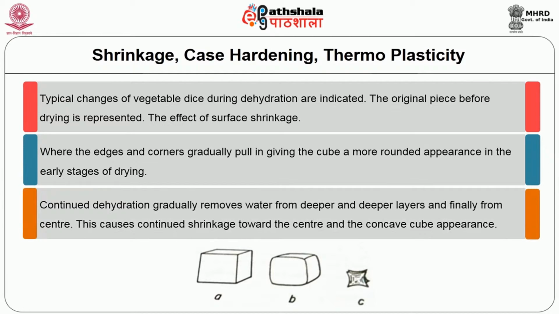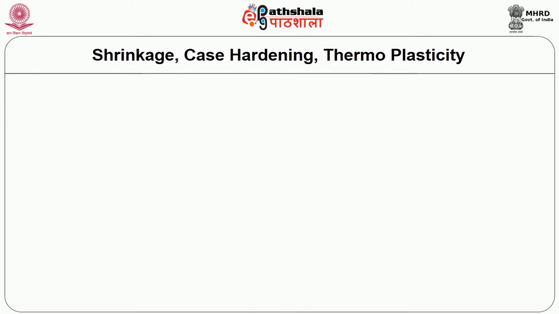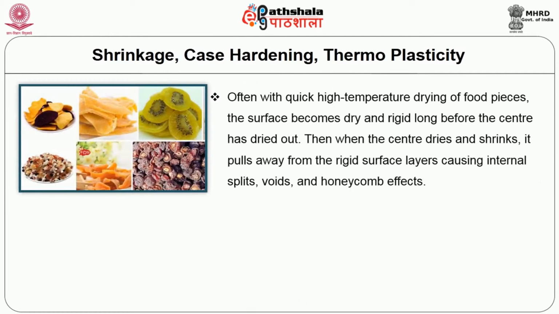Continued dehydration gradually removes water from deeper and deeper layers and finally from the center. This causes continued shrinkage toward the center and the concave cube appearance as shown in the figure. Often with quick high temperature drying of food pieces, the surface becomes dry and rigid long before the center has dried out. Then when the center dries and shrinks, it pulls away from the rigid surface layers, causing internal splits,